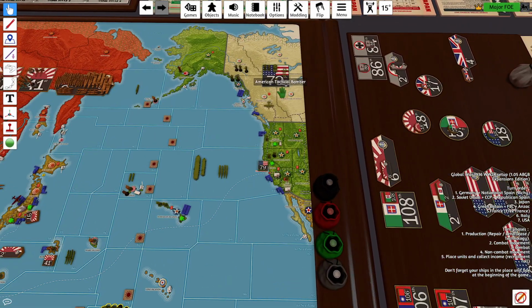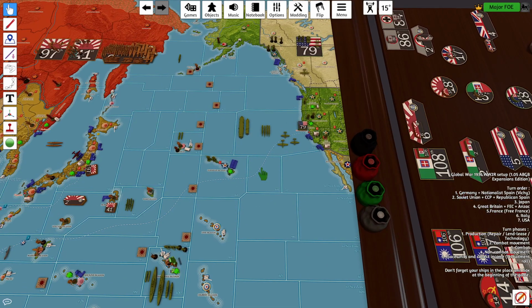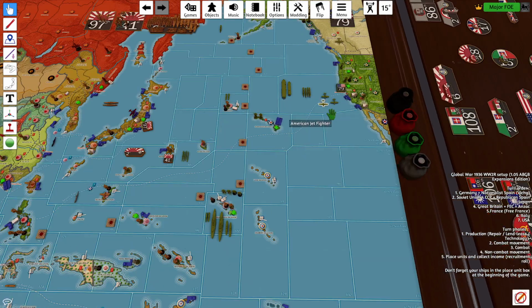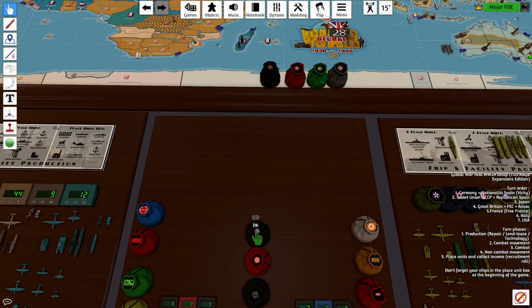Okay. We have a jet fighter and 2 tactical bombers. Can fly 1, 2, 3, 4, 5. And they have 6 movement. The 2 carriers will move down and then land on the carriers. That is all of the combat movement I'm doing. So we'll start with, oops,